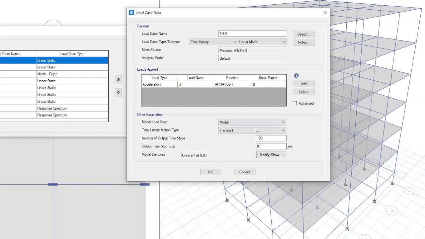So you can make the number of output time steps 400, so that the 40-second data is covered. 400 into 0.1 will be 40 seconds. Click on OK. Yeah, that will be 0.05 only. Click on OK.